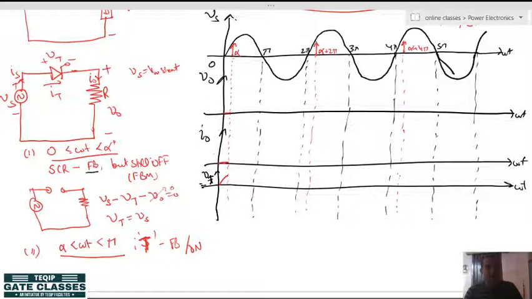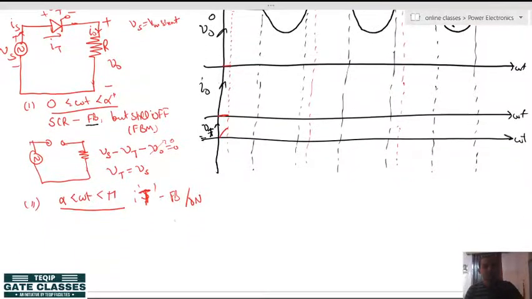So, here as soon as at alpha instant you provide the gate pulse, immediately the thyristor is on and it will act like a short circuit switch. If you want to make a modified circuit, you will see the modified circuit will be like this, okay. So, this is the modified circuit,